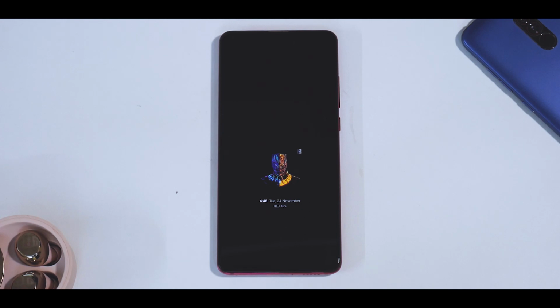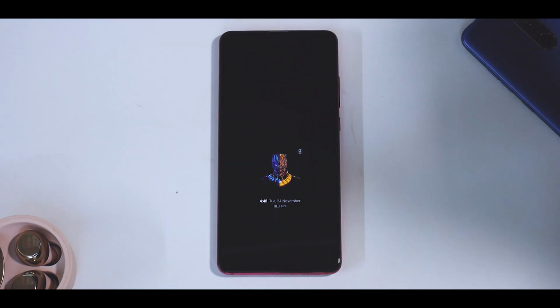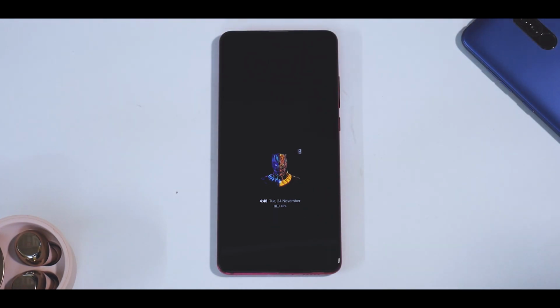Now first things first, if you have a look over here, we do have this Black Panther custom always on display. I've just downloaded a 2D image and kept it as an always on display. Now the reason stock ROMs are awesome, do you have the fingerprint scanner now? No, but just if I touch it, there you go, it appears. Now I know that is what you get to use a custom ROM, but that is something I like.